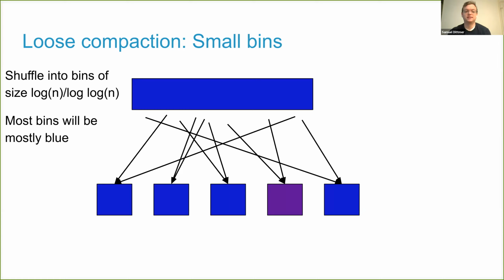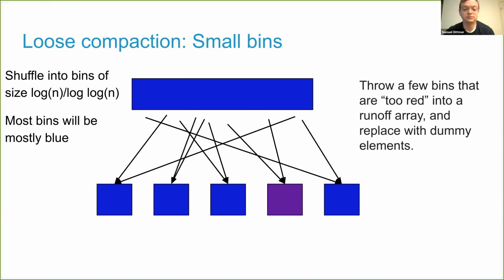So if your bin has size log n over log n, then you can store all of the metadata about that bin, meaning the sequence of ones and zeros corresponding to red or blue, in a single memory word. So then you can have the client run on their own local machine whatever algorithm you have for explaining how the compaction should work,